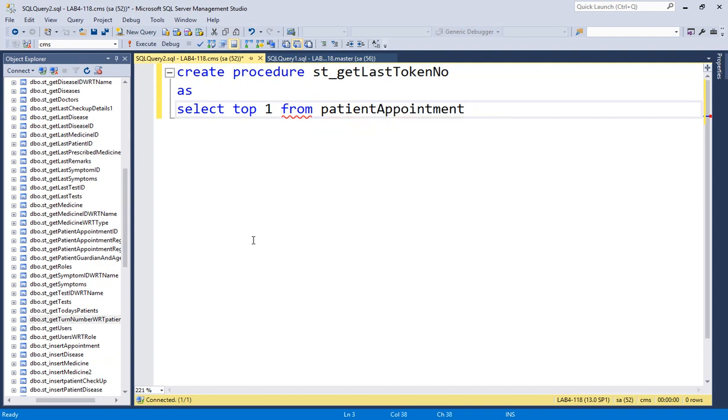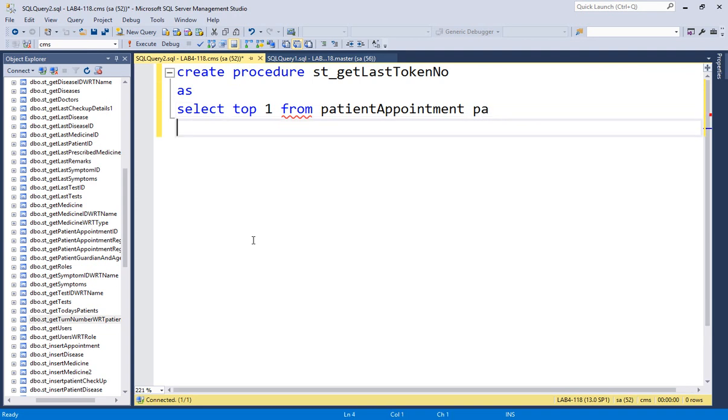Okay, and then you have PA where order by PA dot turn number, and you have to pick up, you don't need order by, you need the last one. So PA dot ID and descending. So the last